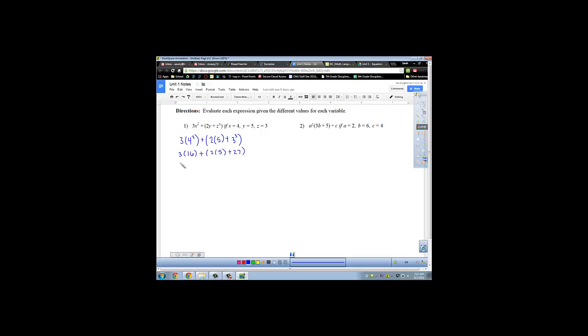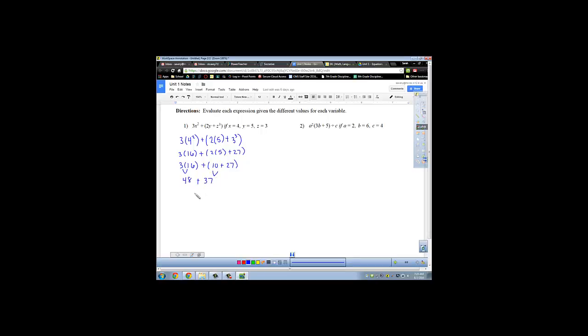Okay, so now I can focus on my parentheses. And if you wanted to go ahead and multiply this 3 times 16, you could. And again, you can do that because it doesn't affect this parenthesis over here. So I have 2 times 5, which is 10, plus 27. I'm going to go ahead and do this 3 times 16. 3 times 16 is 48, plus 10 plus 27 is 37,